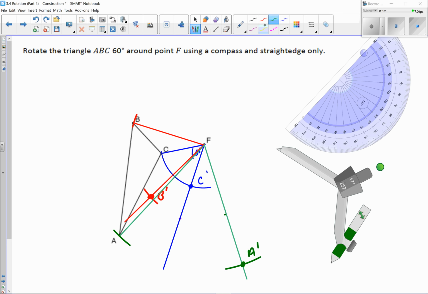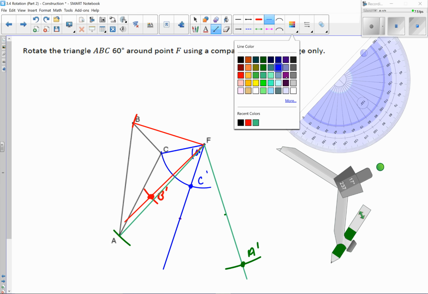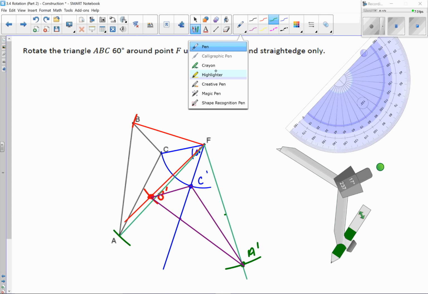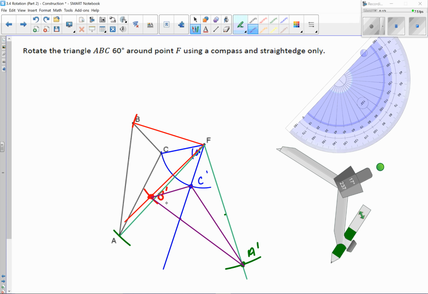So to conclude, I now just need to connect all three of my new points. In this case, I will do it in, let's see here, let's use purple. So we'll connect A prime, B prime, and C prime. And now I'm going to color this in just so that it's a little bit easier and clearer to see. All right, so here I have my new figure, A prime, B prime, C prime, and that's, in fact, after